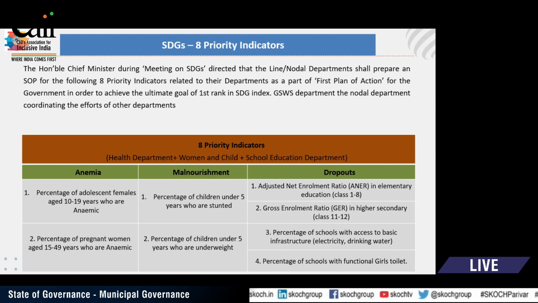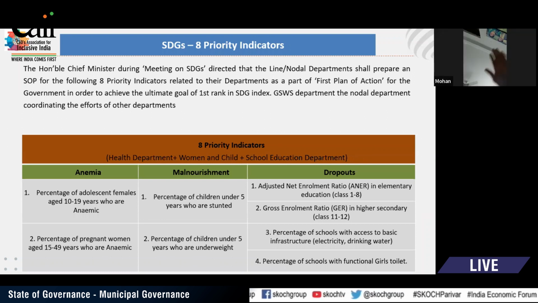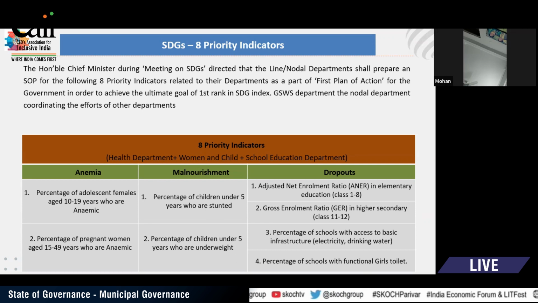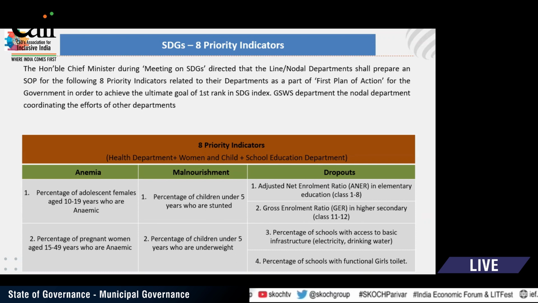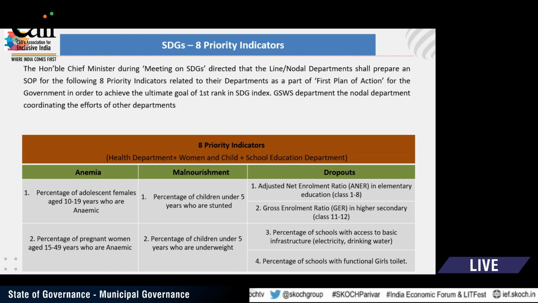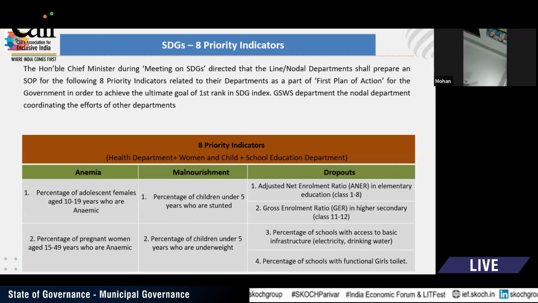First indicator is the percentage of adolescent females aged 10 to 19 years who are anemic. Second is the percentage of pregnant women aged 15 to 49 years who are anemic. In malnutrition, the percentage of children under 5 years who are stunted, and the percentage of children under 5 years who are underweight. And in the education department, adjusted net enrollment ratio in elementary education, gross enrollment ratio in classes 11 to 12, and the percentage of schools with access to basic infrastructure like electricity and